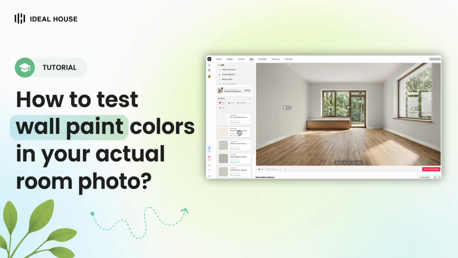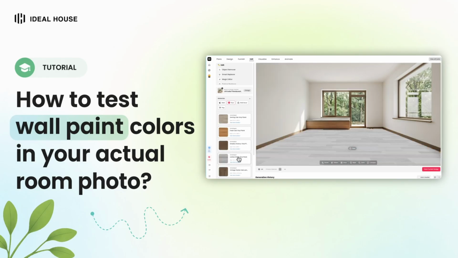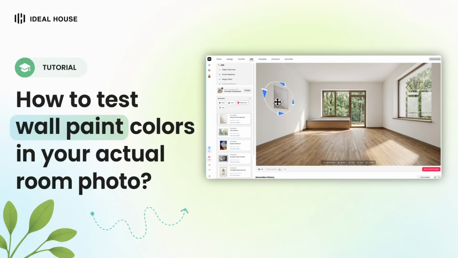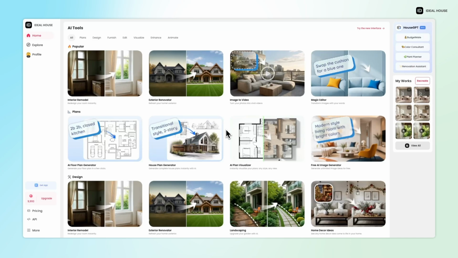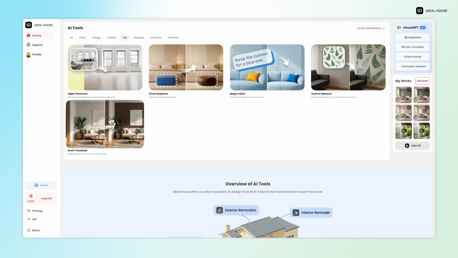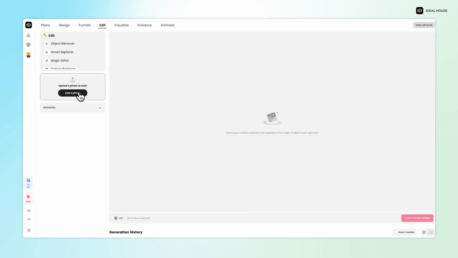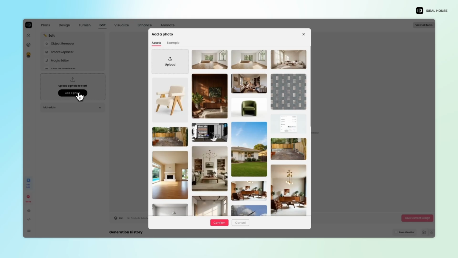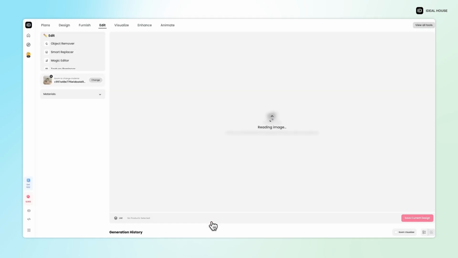Choosing paint from a small color card is hard because the same color can look very different in your own room. In this tutorial, I'll show you how to test wall paint colors directly in your actual room photo using Ideal House's Room Visualizer. First, upload a clear indoor photo of the room you want to update. Try to use a photo where the walls are easy to see and the lighting is close to how the